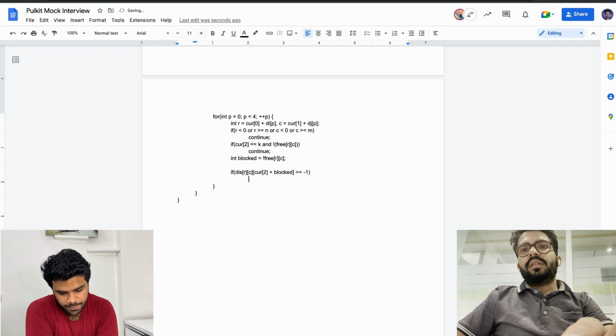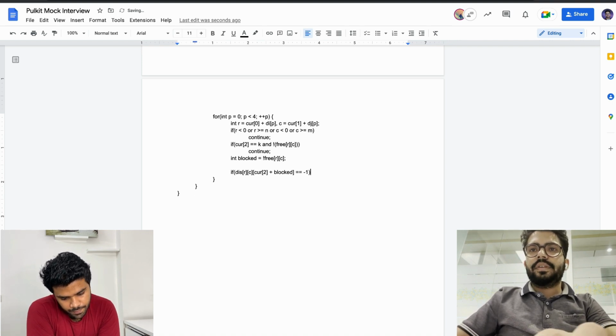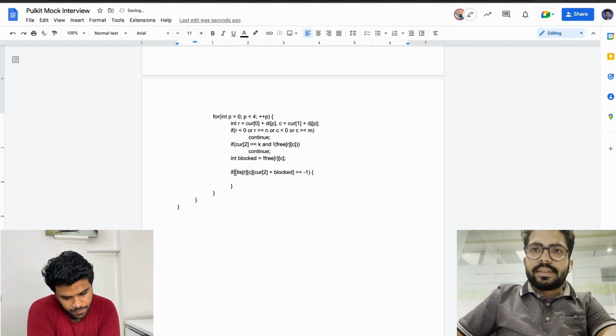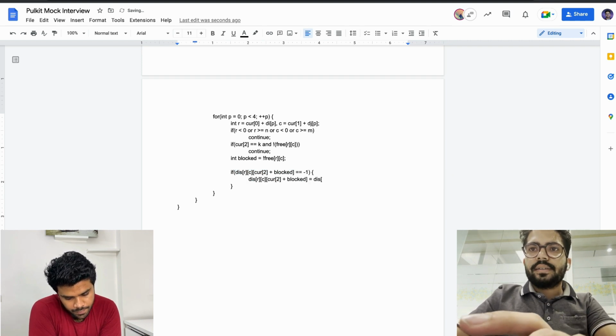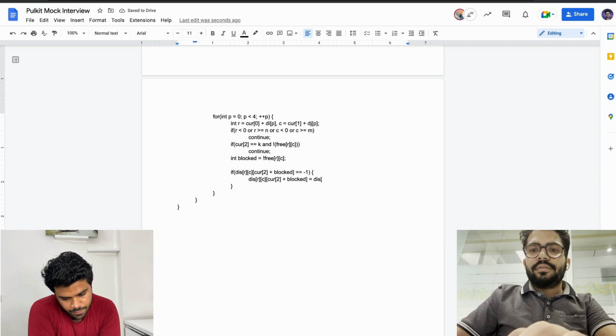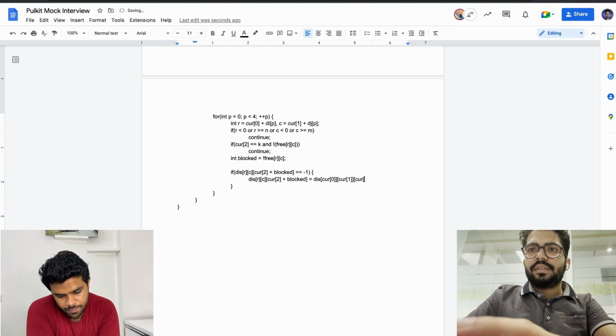If it is equal to -1, then what I'll do is I'll just update the distance for that to be equal to distance of I plus 1, using current of 0, current of 1, current of 2.